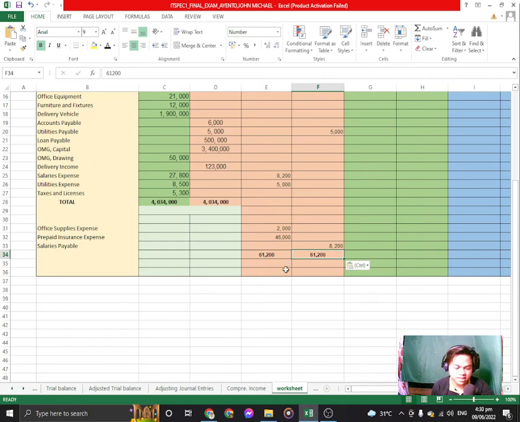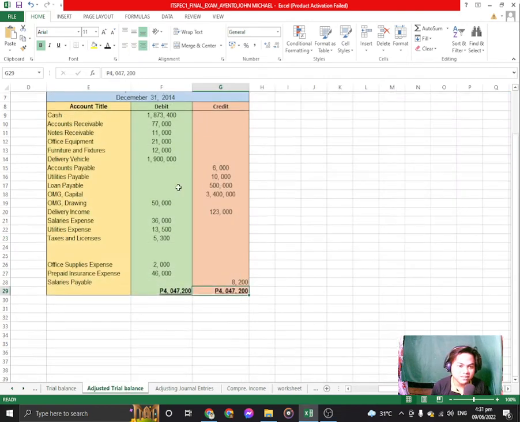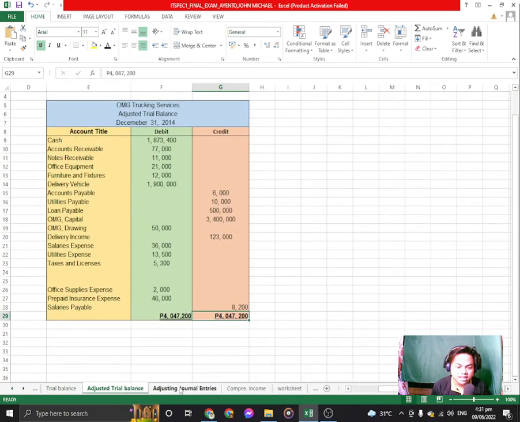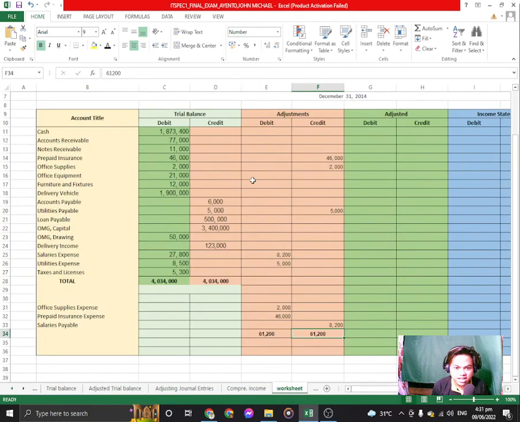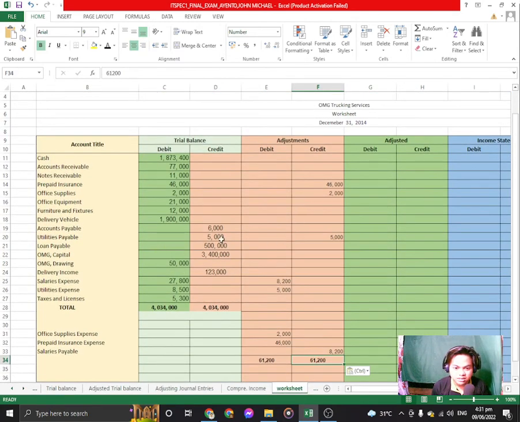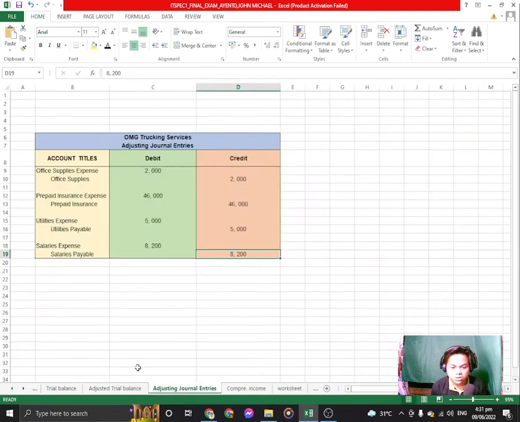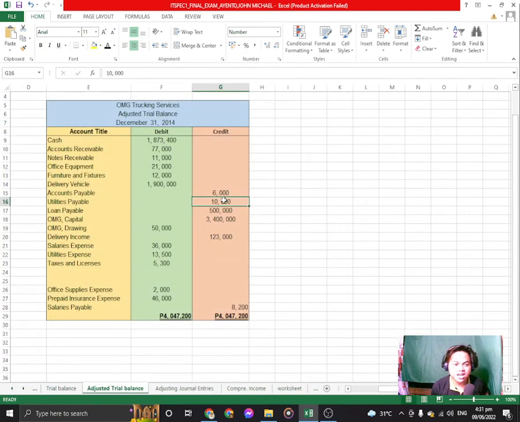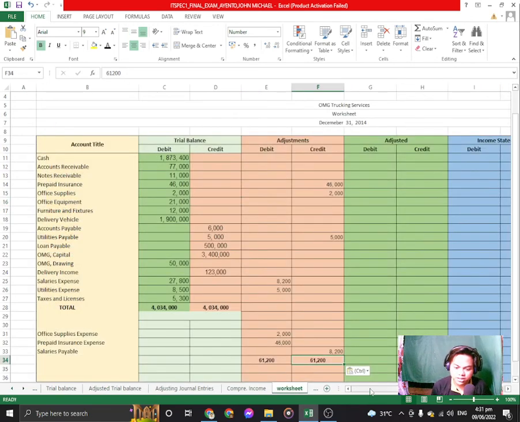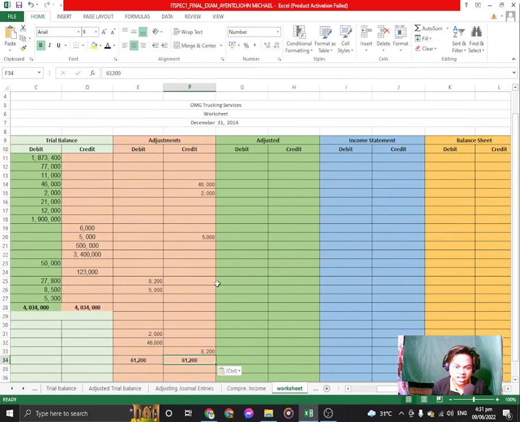Okay, 61,000. So kung natin alam mo kaganina sa to ang adjusted trial balance kanang na siya 10,000, it's because sa worksheet nga na siya sa credit, pareha man sila credit 5,000 tapos sa trial balance ug sa adjustment. So 5,000 plus 5,000 is equal to na siya diri 10,000 for utilities payable. Okay. Now we're going to the adjusted trial balance. Ay diri sa adjusted na pala. Okay, adjusted, we have